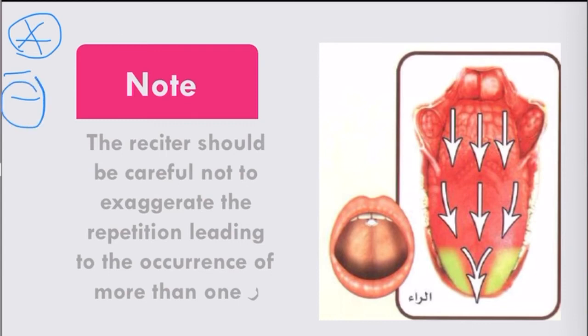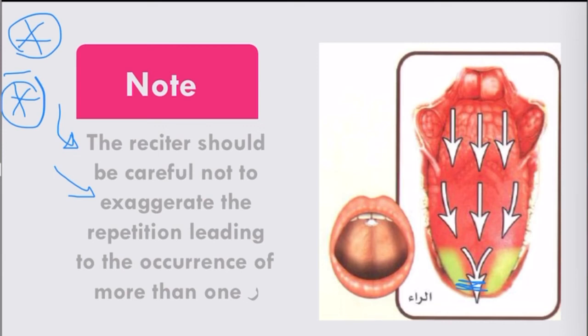The second way of reading Ra, which is wrong as well, is lots of repetition, okay? And this is due to closing this part completely, which is wrong. This is not the way of reading Ra, and we have to take care about it. And this is the note that we are going to explain in the next part, which is that the reciter should be careful not to exaggerate the repetition,